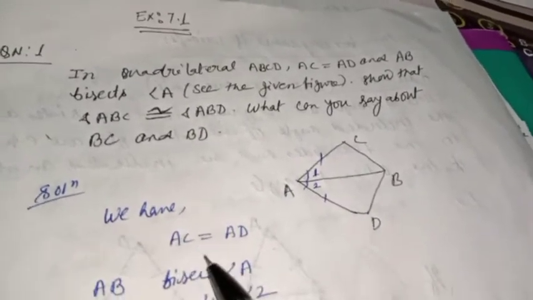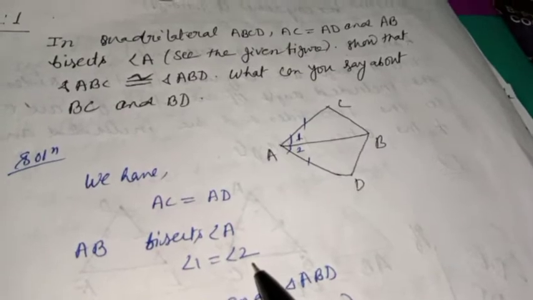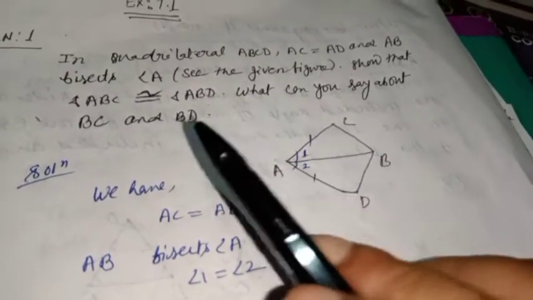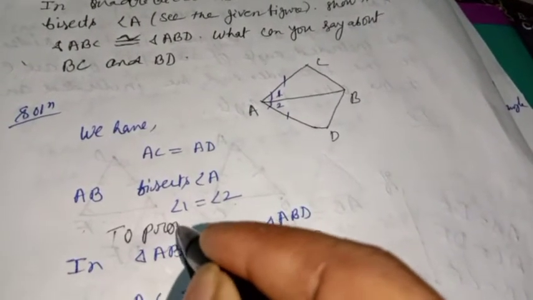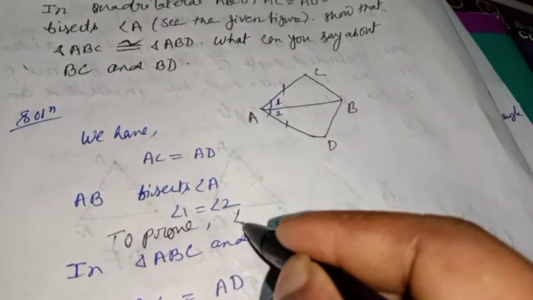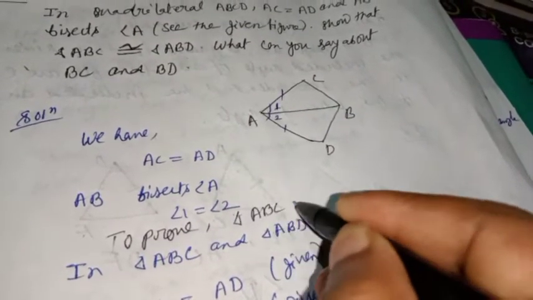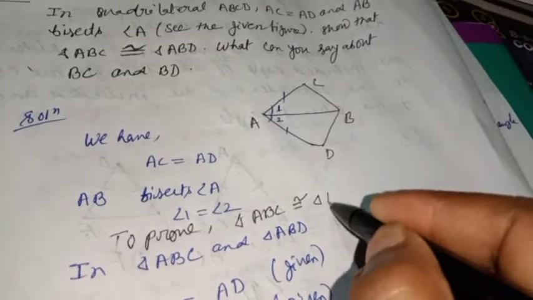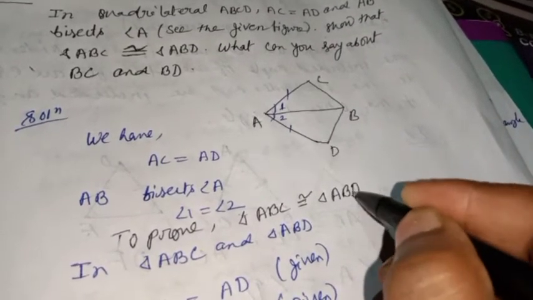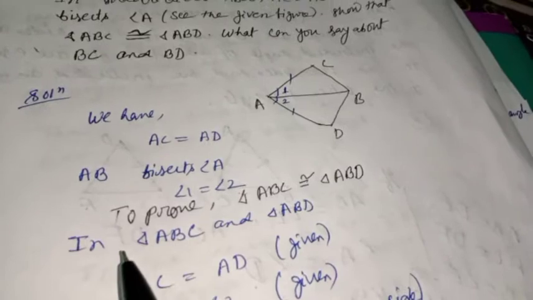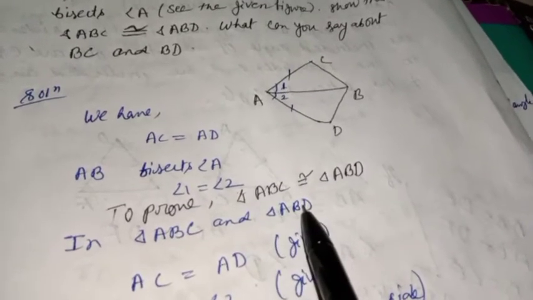First of all, we need to write what things they have given in the question. So we have AC is equal to AD, AB bisects angle A, that means angle 1 is equal to angle 2. Now we need to prove triangle ABC is congruent to triangle ABD. So here we need to write: to prove, triangle ABC congruent triangle ABD. In triangle ABC and triangle ABD,